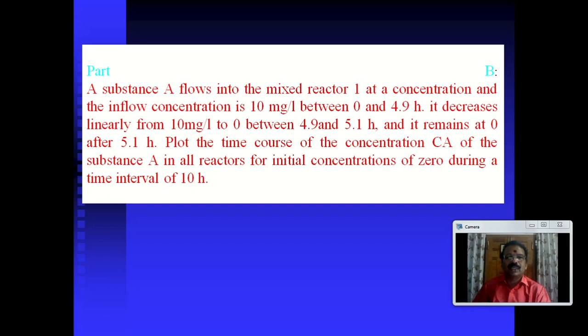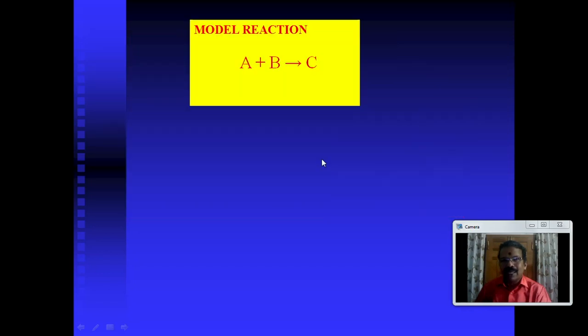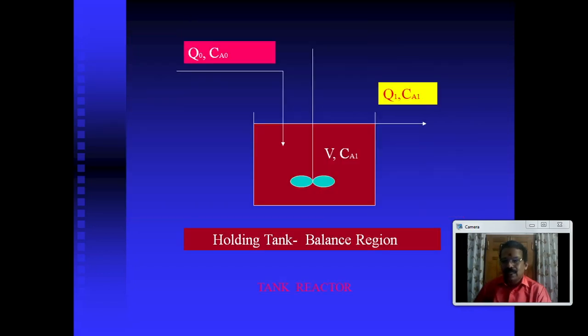The concentration of the substrate is 10 milligram per liter. So in our inlet tank reactor, we can again go into the tank reactor. Ca0 is the initial substrate concentration. Here it is 10 milligram per liter. It is allowed to flow with a flow rate. We will express it later.